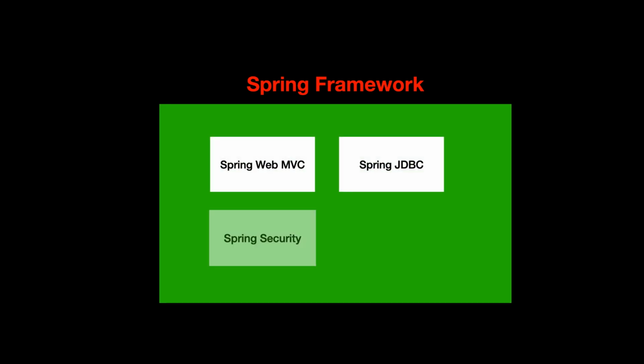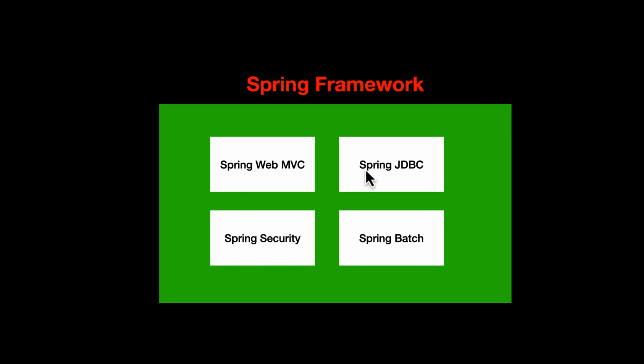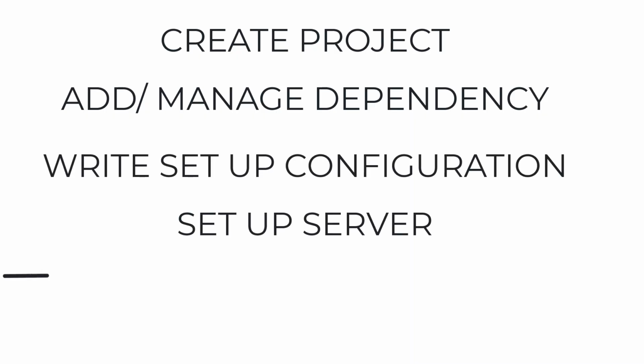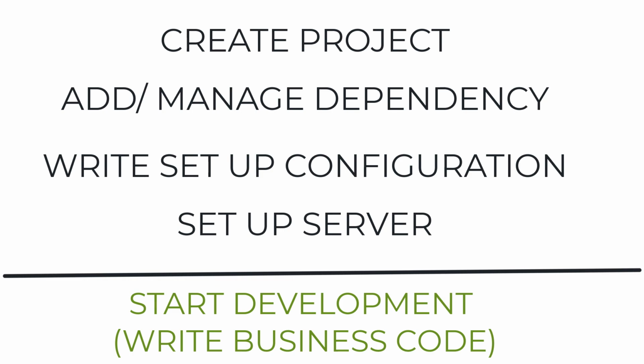Whenever we are talking about Spring Framework, it has different modules like Web MVC, Spring JDBC, Spring Security, Spring Batch, and so on. There are so many other projects inside Spring Framework, each of which does a specific thing. But let's say you're creating a Web MVC project, a Spring JDBC project, a batch project, or a security project using just raw Spring. Then you have to take care of creating the project, adding the dependencies, and writing some code as a developer to set it up, and then writing the main important thing that you want to write